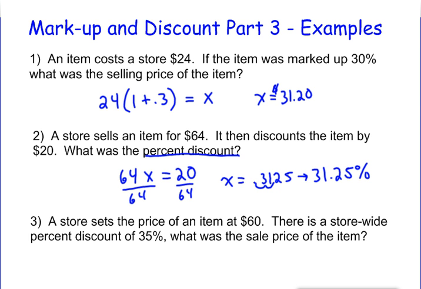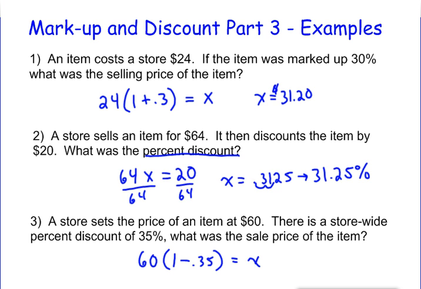So you're given selling price. That's what the store sets it at, right? The store bought it for something. It was marked up to $60. Then they decided to put a discount on it, so they're discounting 35%. And so we're going to do actually equation number 4, which says selling price $60 times 1 minus percent discount. So 1 minus 0.35